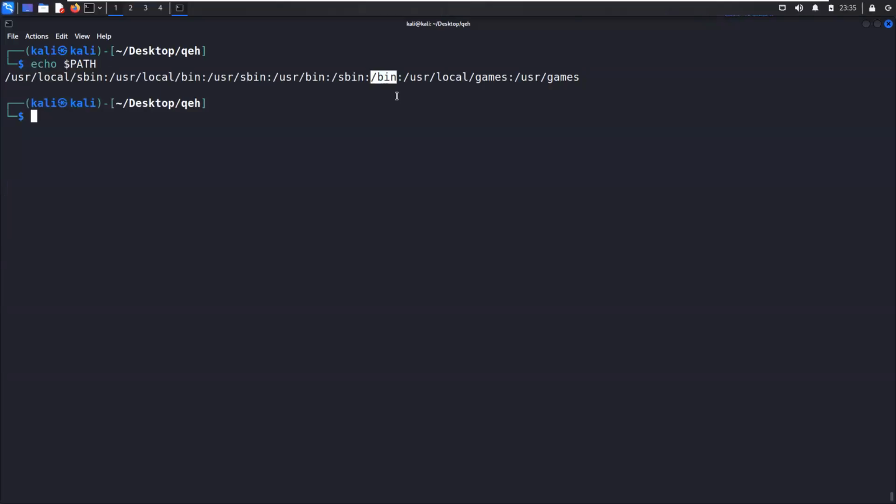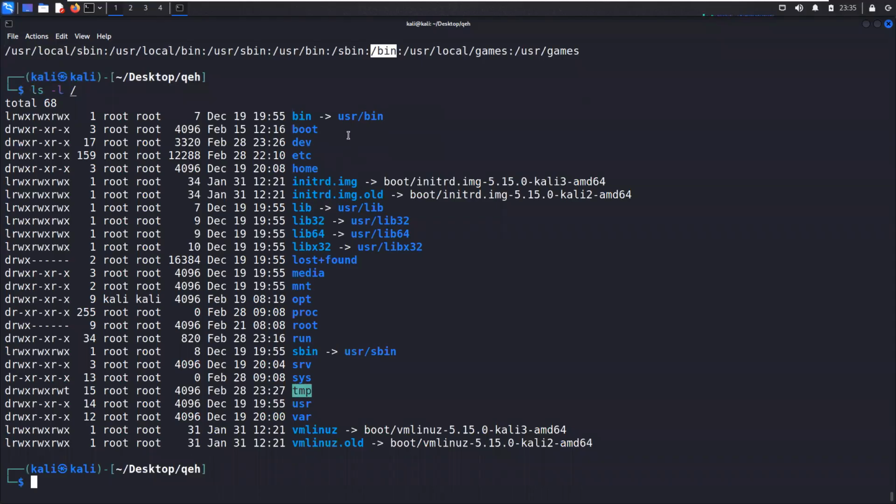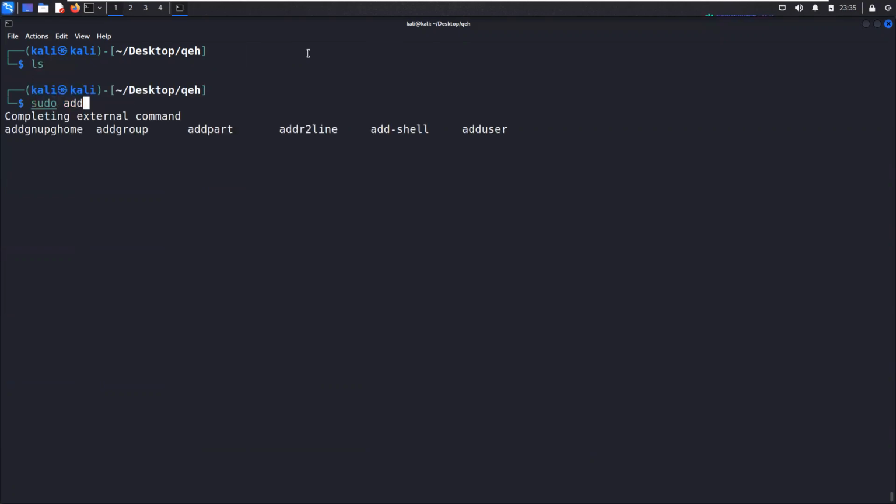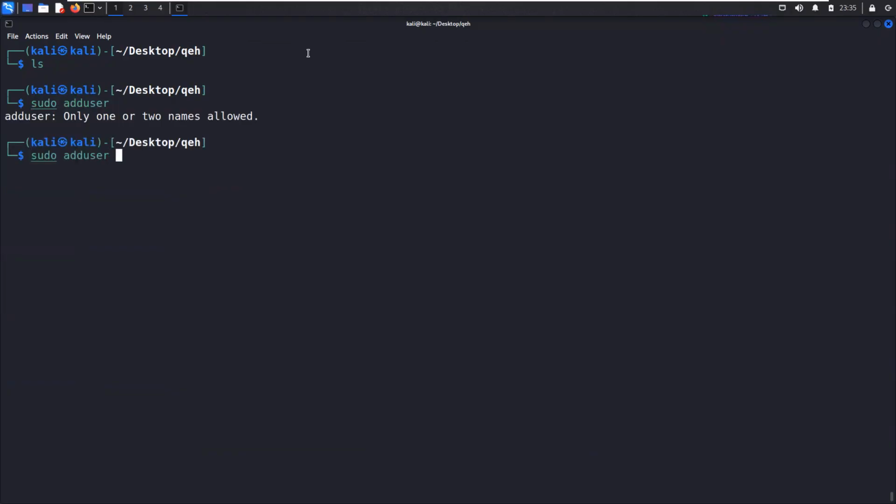So this /bin, if we just do ls -l on root, /bin is actually pointing into the /usr/bin directory. So it will go and look up there. So it's like sudo adduser, right? And we take the username. So let's do